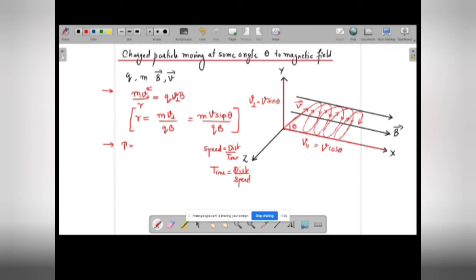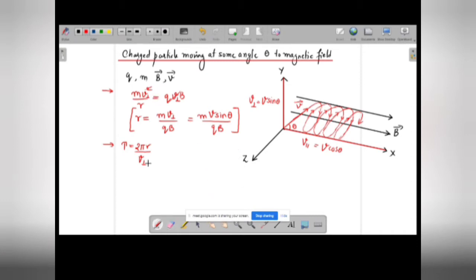So what is going to be the total distance covered? It will be nothing but the circumference of the circle, the circumference of this circle having the radius of r. So let it be 2 pi r, that is the distance covered, divided by the speed. The speed with which it is going in a circular path is v perpendicular. Correct? So this is what I am substituting over here. So let's substitute the values.